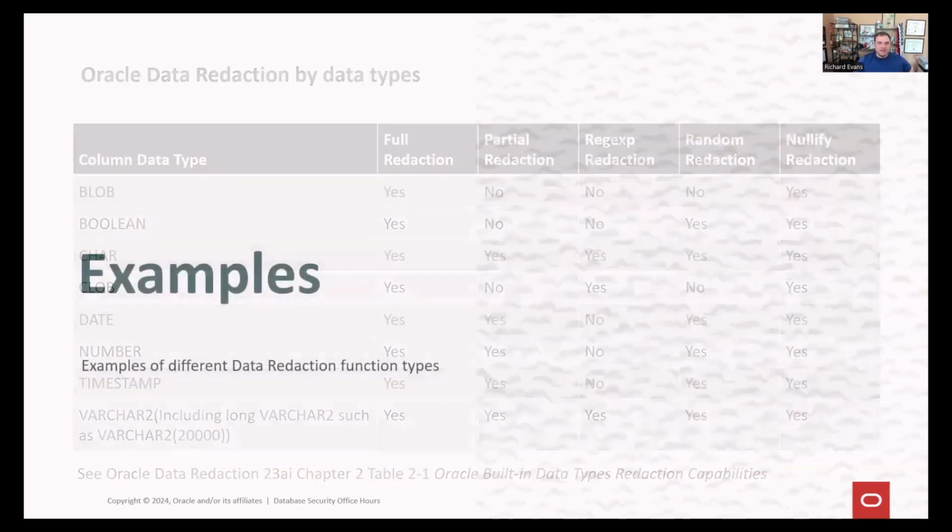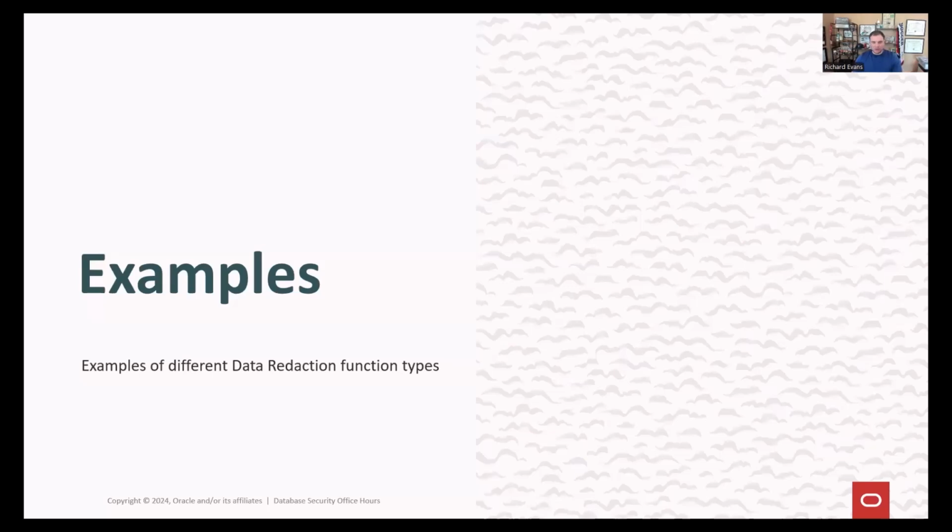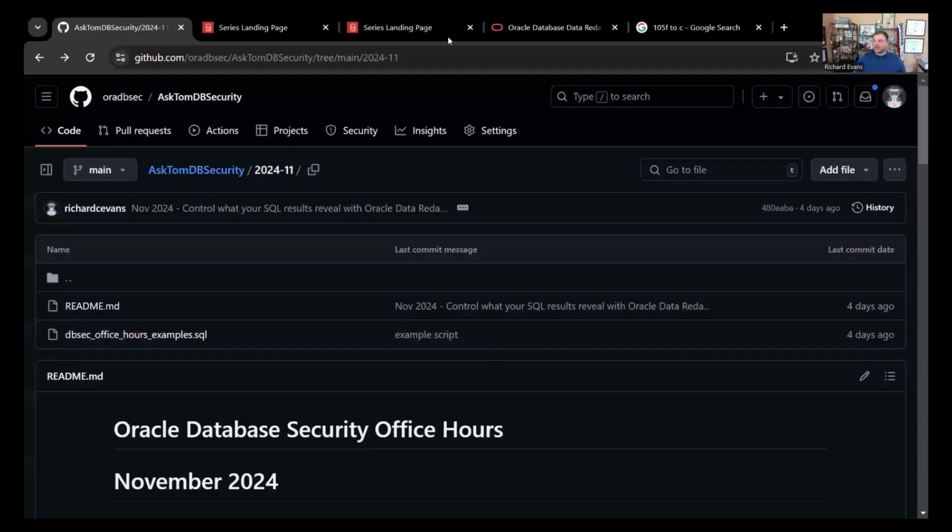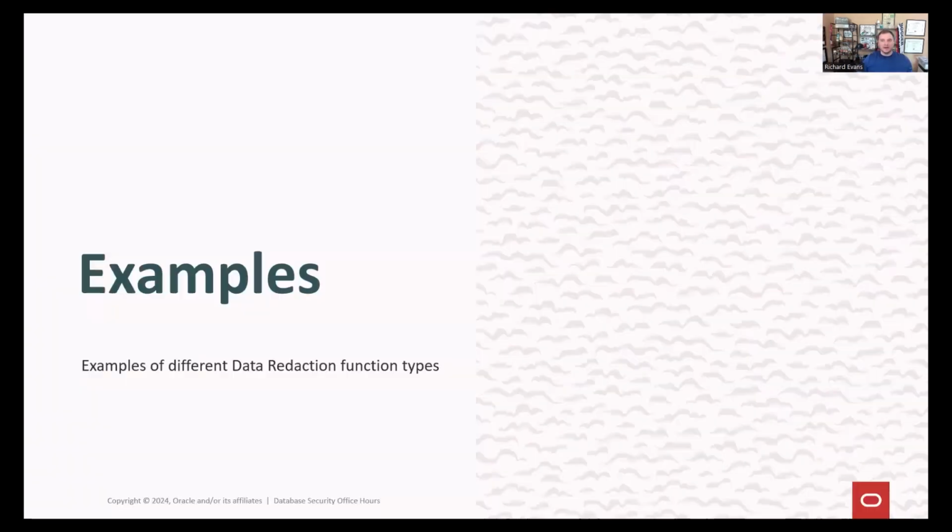Okay. Let's get to some examples here. Now, remember, these examples are available on my GitHub repository. I'll share this in the Zoom chat again if you came in a couple minutes late here. You can get to this, and it's got a history of 2 or 3 years worth of cheat sheets for us. But what I'm going to talk about today is available for you in this office hours example SQL. And you're going to probably want to do it against a 23.6 cloud database. That'd be easier. But you could do some of the basic redaction, these things in this section, against your 19c database as well.